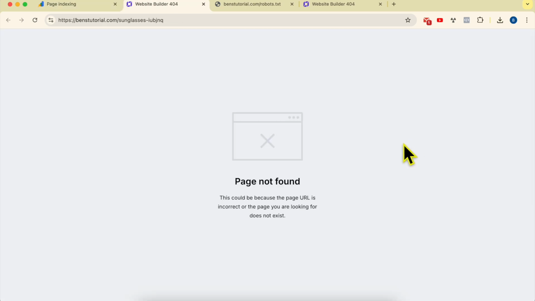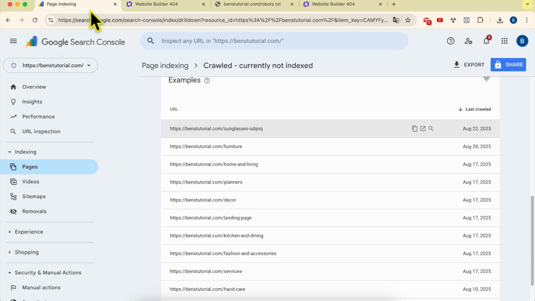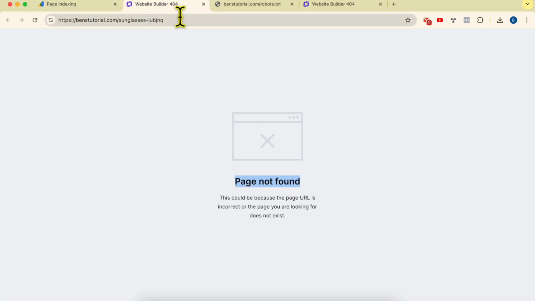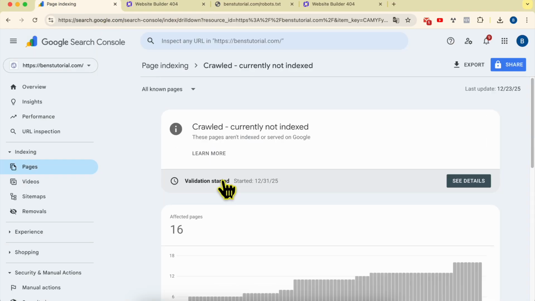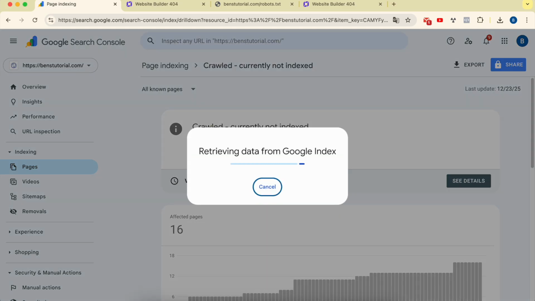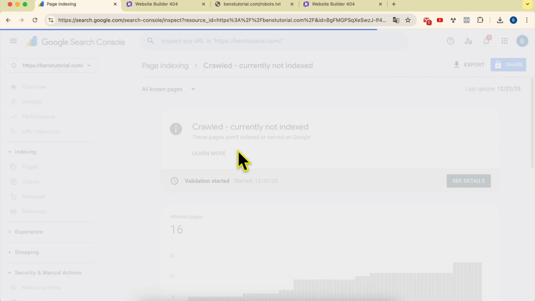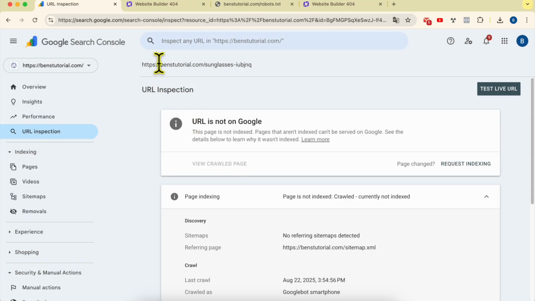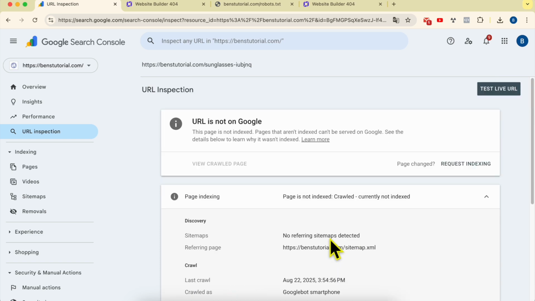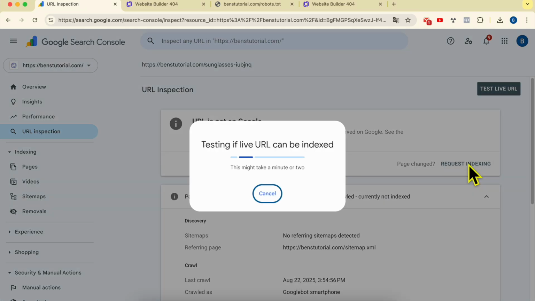Let's open a new page. As you see, same thing for page not found. Here you can either resubmit this page, same thing. Click on copy page URL, go back to Google Search Console, paste the URL here, hit enter. As you see, for this specific page, this URL is not indexed on Google, and those are a little bit of information. And to request a new indexing, click on request indexing